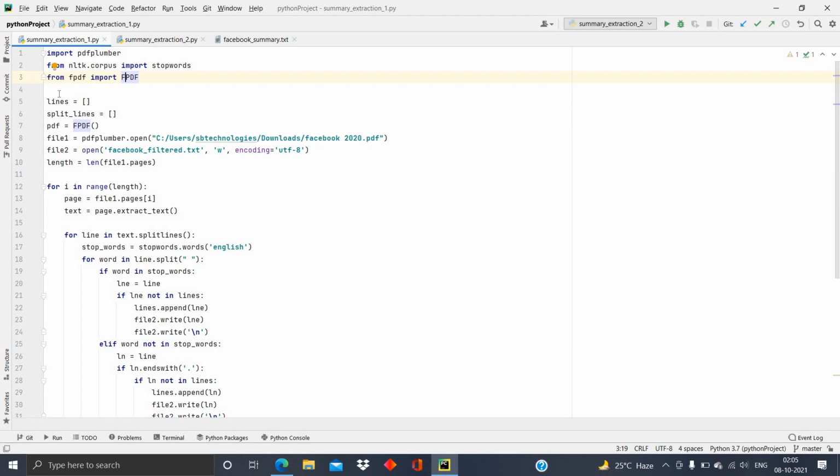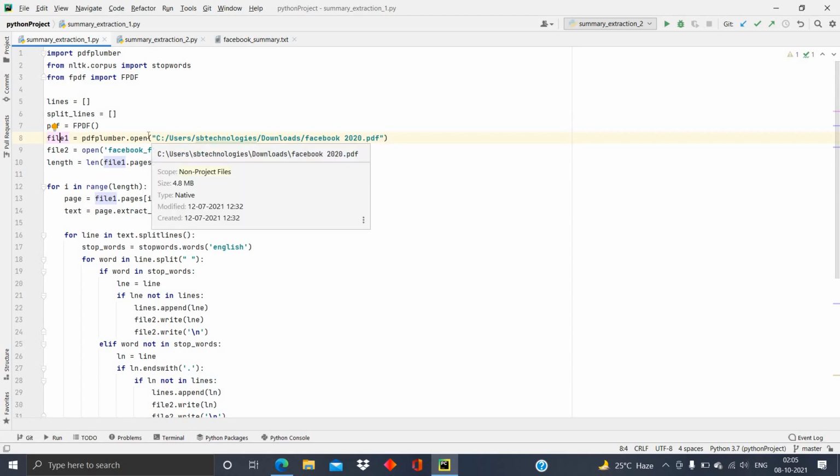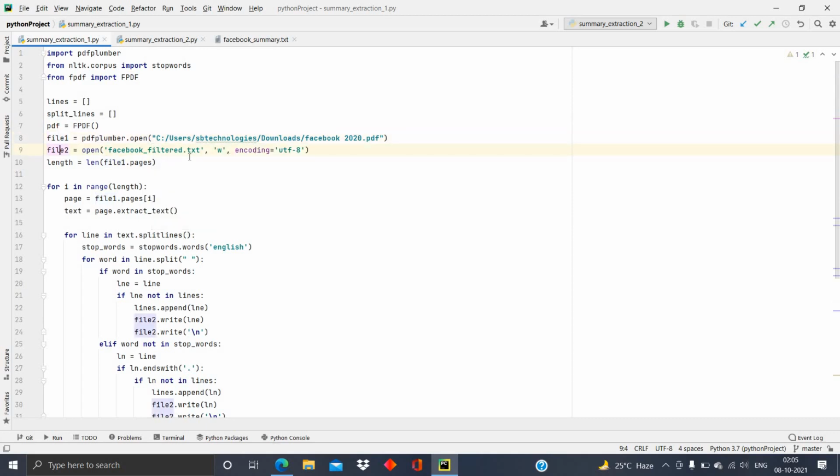The next step is that I have created empty lists here, and then I have assigned this FPDF function to a variable PDF. Here file 1 is the file Facebook 2020.pdf which I have downloaded, and file 2 is the text file.